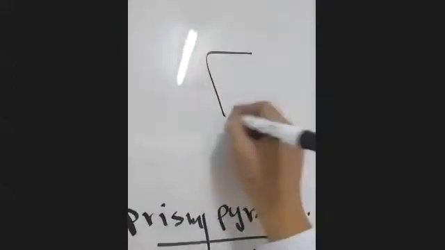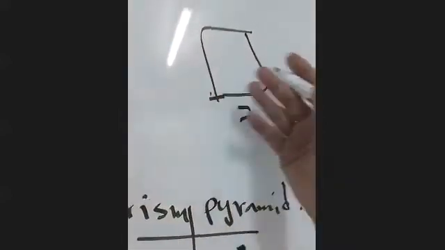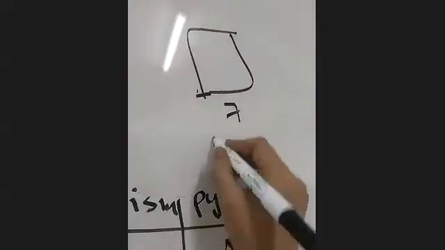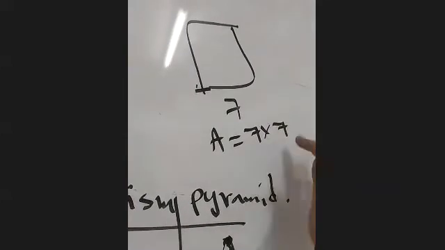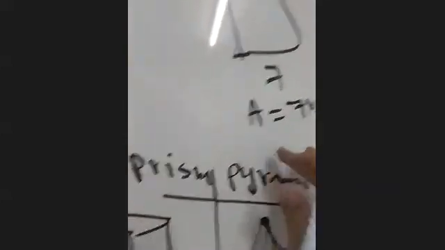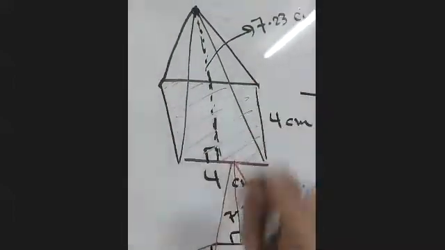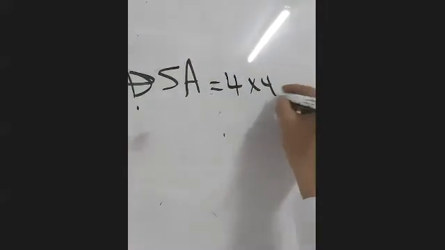If we have a square with side length 7, because it is a square, side length 7 means 7, 7, 7, 7, right? So the area here is 7 by 7. Normal. S by S. Got it? So here, S is 4. So what's the area of the square? 4 multiply 4. So here, the area of the square, 4 by 4, plus